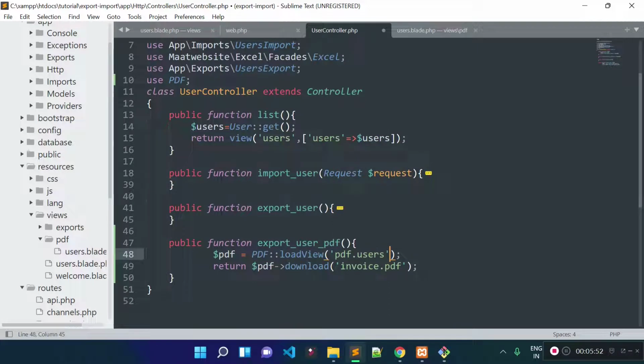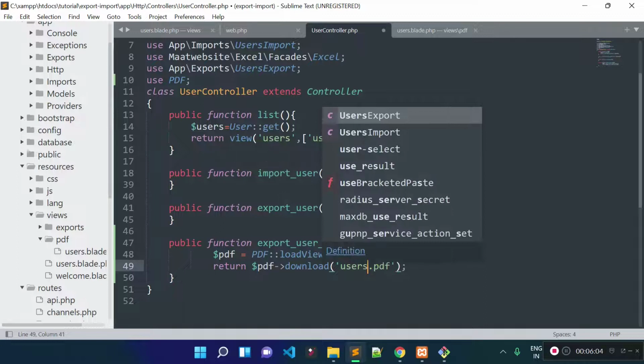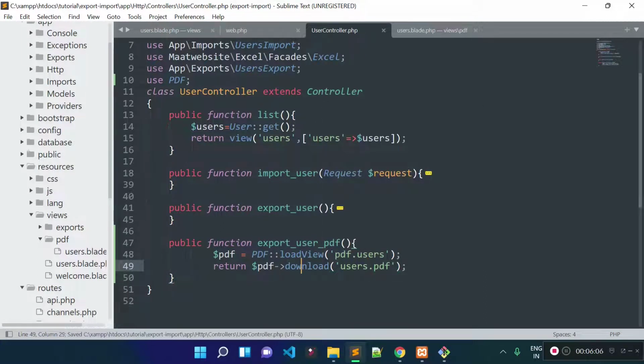And then we need to call the download method of our PDF instance. Inside this download method we need to provide the file name. So the file name will be users.pdf. Okay, and I need to return this from this method so that this will download the PDF file.